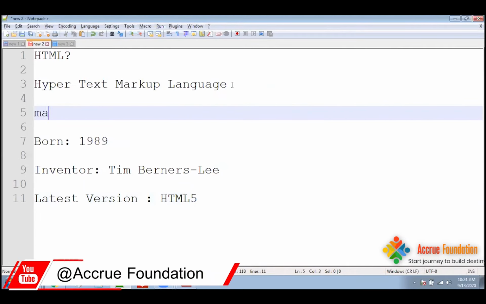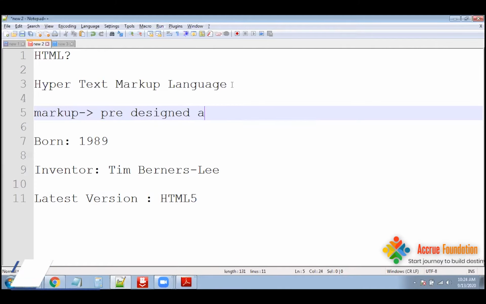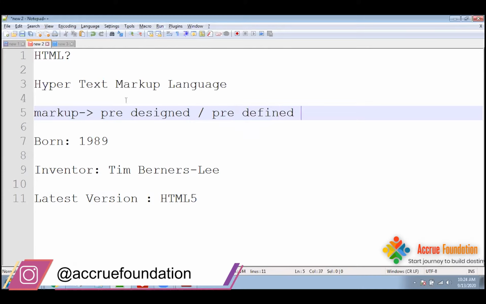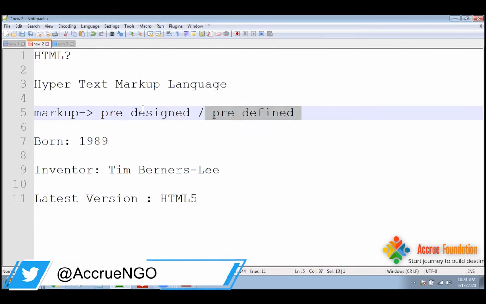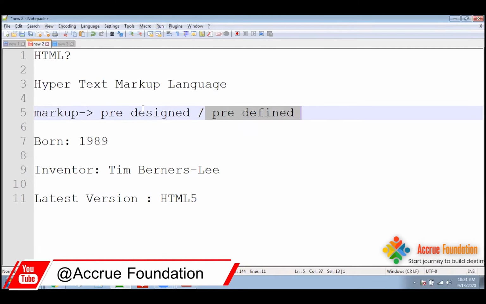So whenever I'm saying for markup, it is pre-designed, predefined. So what is the meaning of this pre-designed or predefined? It means some code is already designed by the developers, and that code we have to use.